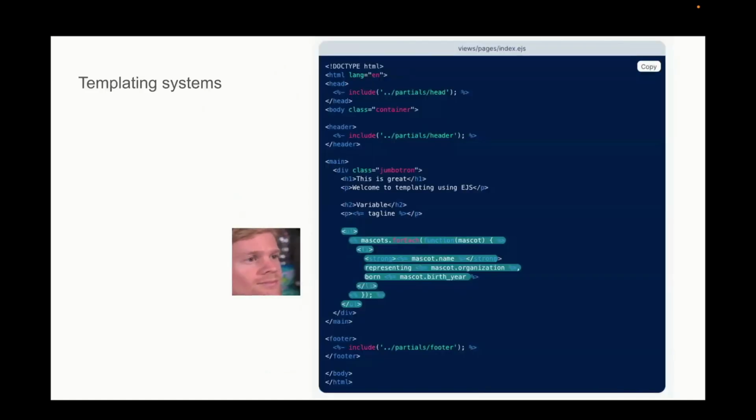Taking a look at these templating systems. Earlier versions of JavaScript didn't have the string template literal concept. So we took a page from other runtimes like Java or Ruby or Python, and we created these templating languages. It's like embedding a smaller language into your bigger language. And sometimes that makes the syntax really hard to read because it's not very standard. It's not actually JavaScript in this situation.